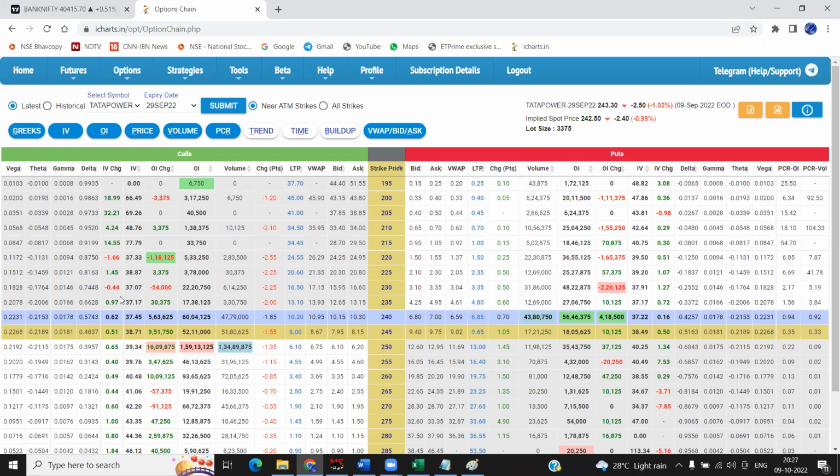Yeah, coming to it. 0.57 is delta. So 5 rupees, how much is 0.57 of 5 rupees? 2.5 or 2.5 to 2.8? Okay. Now your theta is 0.21. So that will again account for another 20 to 25 paisa. If you count and add together, that will come to around 2 rupees 60 to 2 rupees 80 paisa.